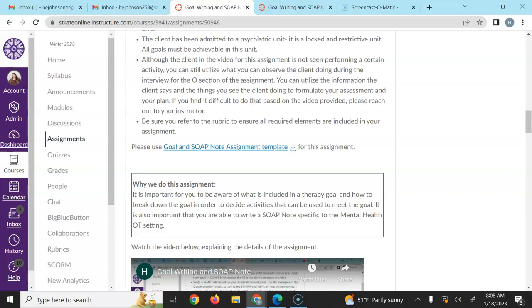It's also important that you're able to write a SOAP note that's specific to the mental health setting, or to any setting actually, because no matter what type of documentation is used by the company that you will be working for, if you can write a SOAP note, you can pretty much write any kind of note. So that's the reason why we work on SOAP notes as much as we do. So that hopefully will give you a little bit of an idea of kind of where to head with this